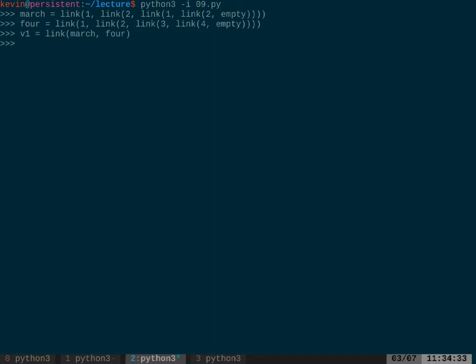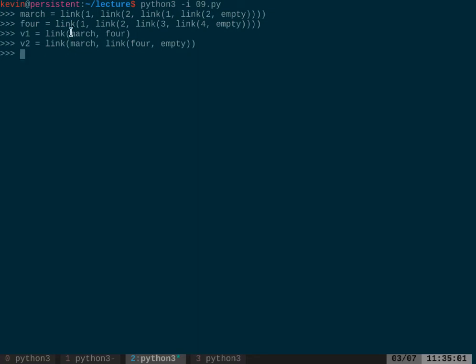So now when we look at v1, for example, I wonder, how can we get elements from March? Because I know this composition is kind of like saying, I'm putting what March has, link of 1, link of 2, link of 1, link of 2, into here. So if I want to get this 2, for example, how do I get there?